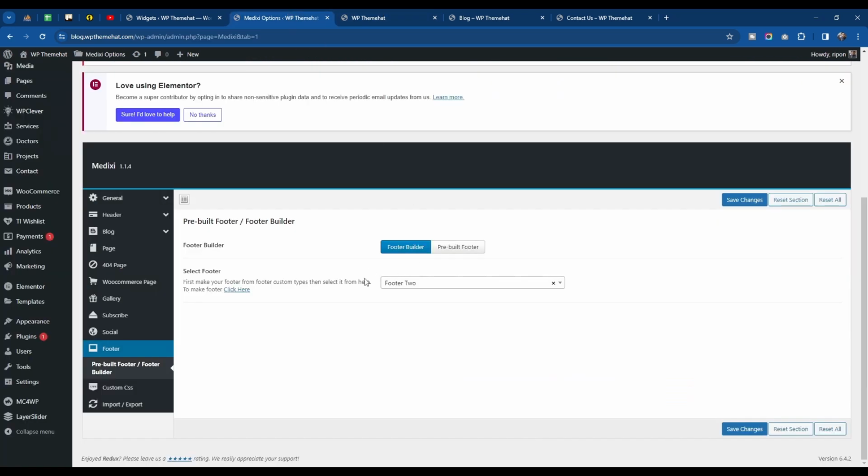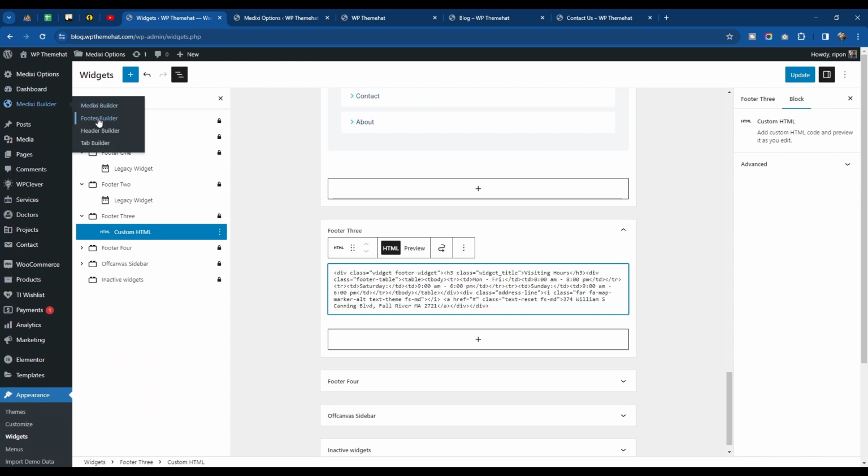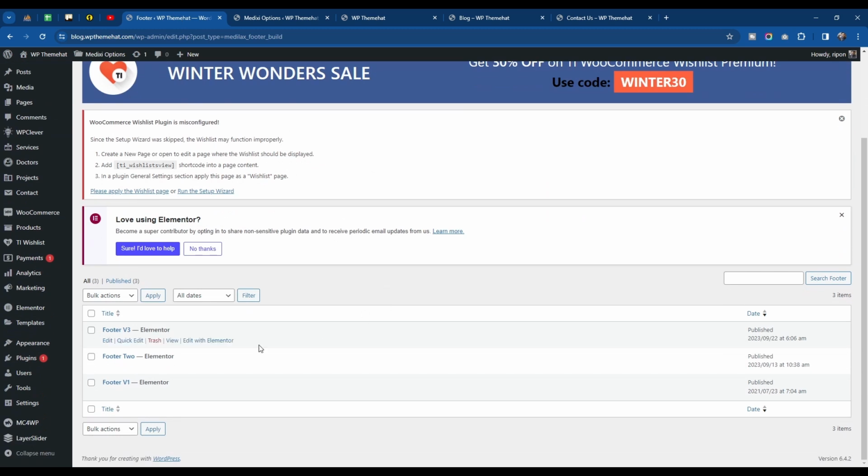So where do we edit the footer 2? That footer 2 will come from here, Medixi builder, then the footer builder. I will leave this one because I don't want any kind of changes. So this footer 2, I will click on edit with Elementor,